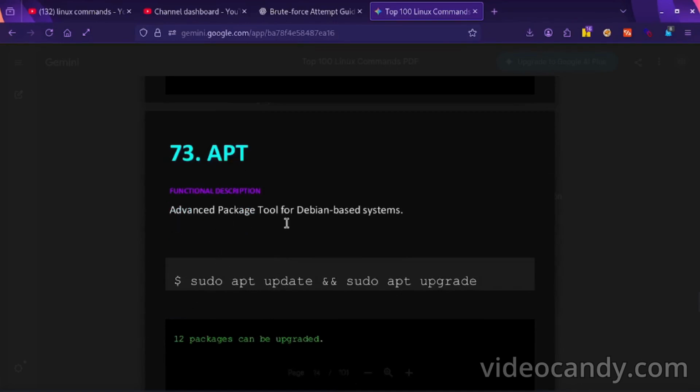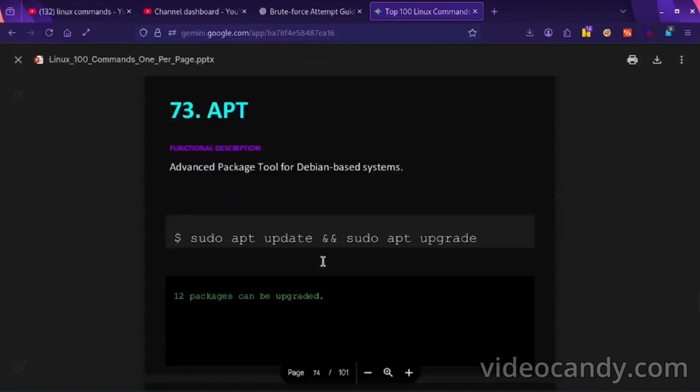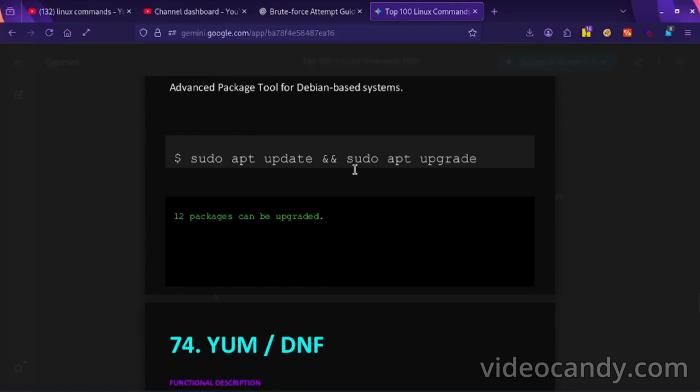apt: advanced package tool for Debian-based systems. sudo apt install or sudo apt upgrade.